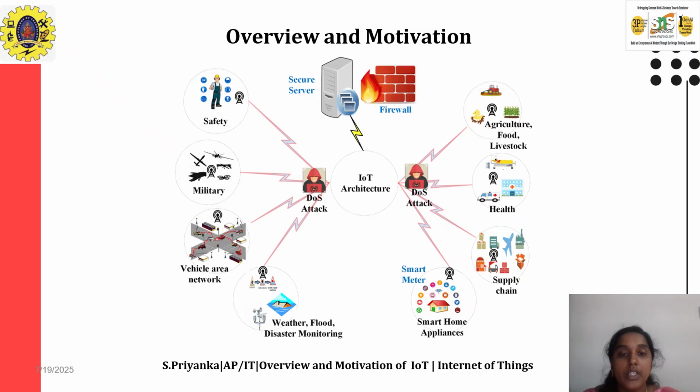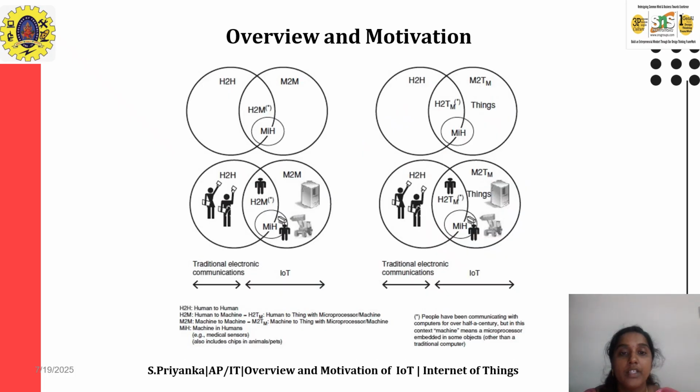In general, IoT mainly consists of two views, that is, view A and view B. In view A, they have said IoT as a concept, whereas in view B, they have said IoT as an infrastructure. It also includes H to H, M to M. IoT as an infrastructure means the existing infrastructure is being used to create it, whereas